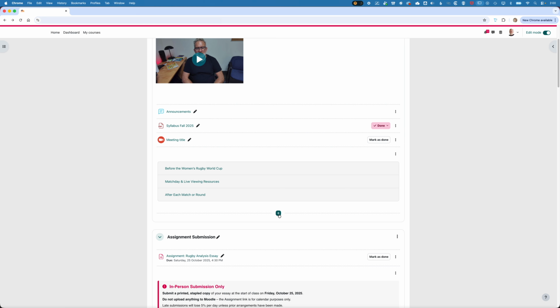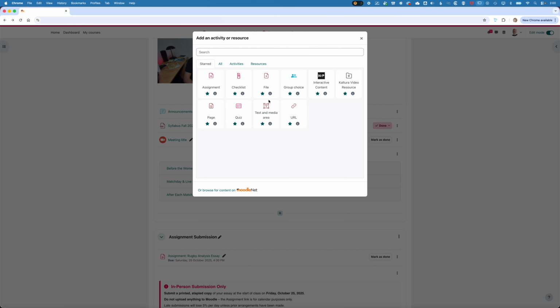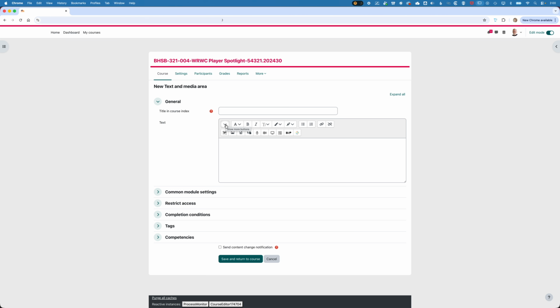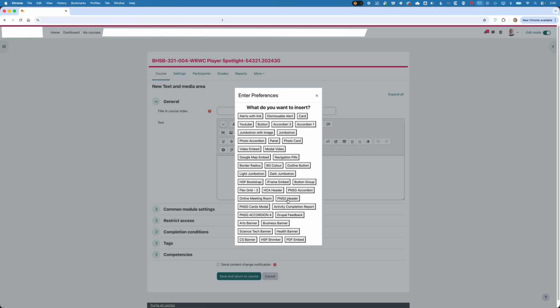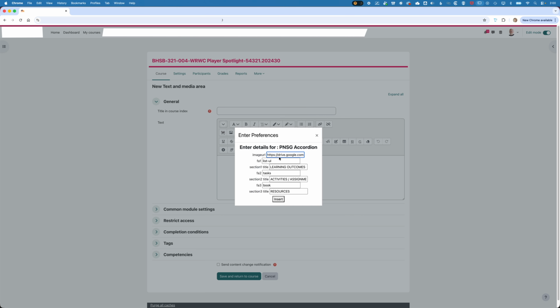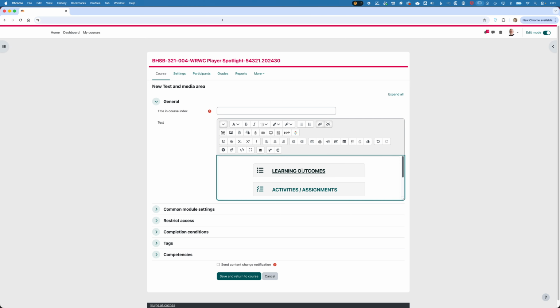So if we come to add activity or resource, we're going to add a text and media area, and really you can do this in any activity or resource where the text editor appears. We'll drop this down, we'll come to the little spider's web, and in here you can see we can add, for instance, our PNSG accordion, which adds in our list of different accordions, and we can then come in and